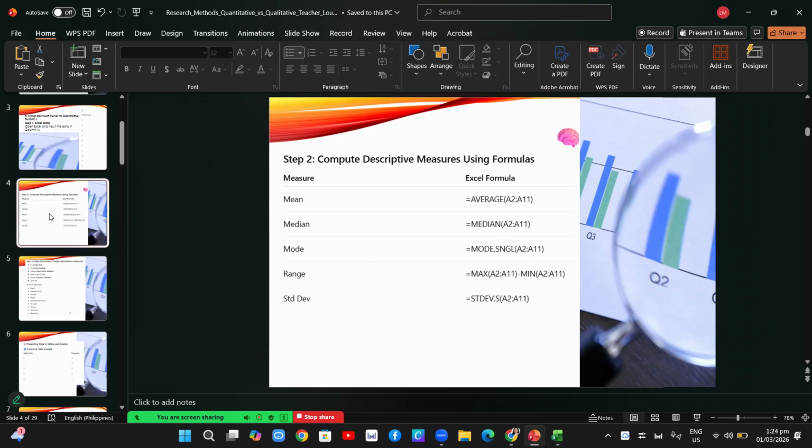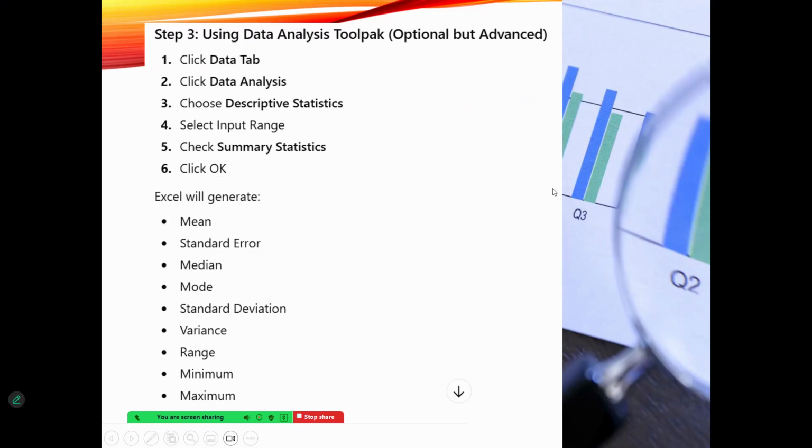So next, let's discuss the data analysis toolpack. This is optional, but this is more advanced.